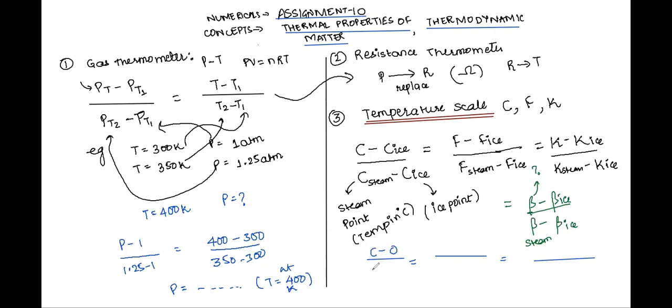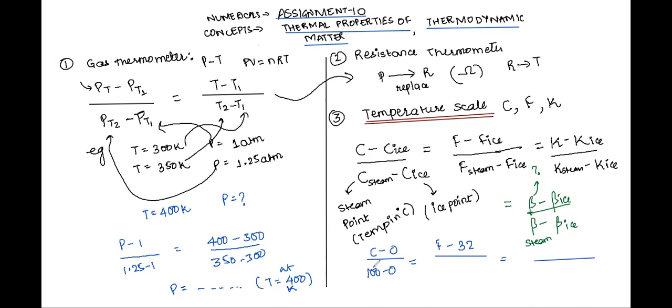So it's C minus 0 upon 100 minus 0, and then here we'll have F minus 32. 32 Fahrenheit is equivalent to 0 degrees Celsius, the temperature at which ice is formed. Similarly, in the denominator, you will get the difference as 180 between the steam point and ice point for water